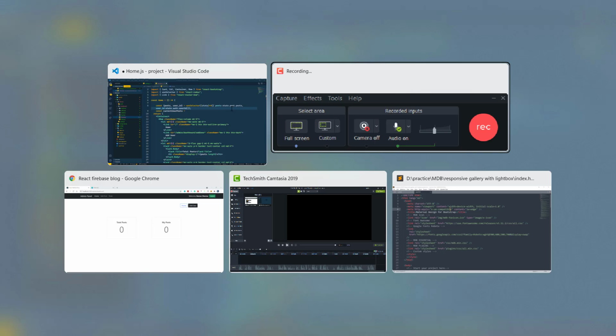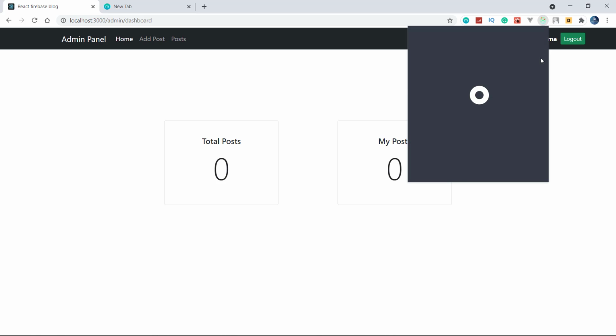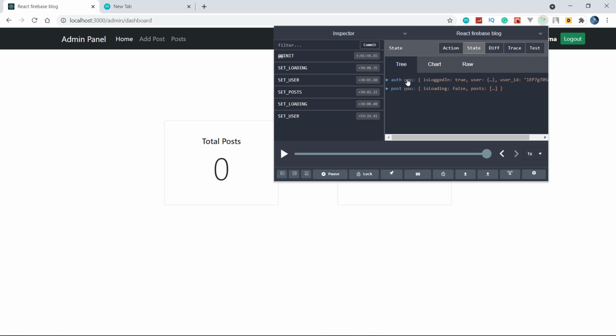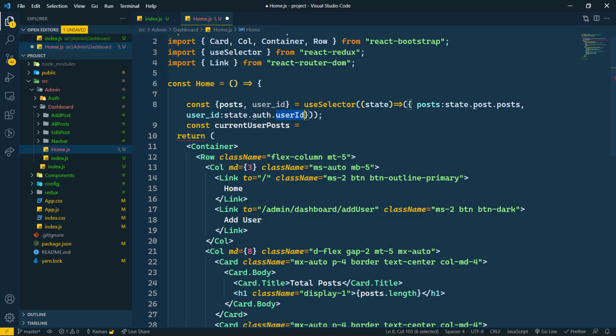So let's recall if it is user ID or user underscore ID. In the state, in the auth, it is user underscore ID, so we have to use that user underscore ID.